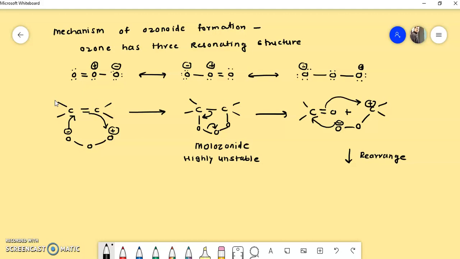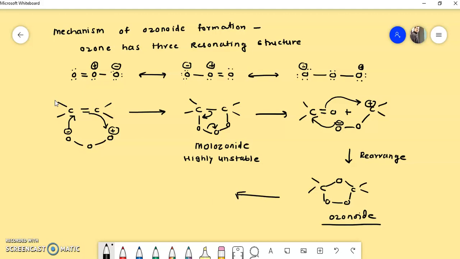So we'll get this ozonide. Now you know ozonide, we have written the structure of ozonide initially. So this oxygen, carbon, this is oxygen, this is oxygen, in this way. So this structure is known as ozonide, and we know this is the intermediate of this ozonolysis. And finally, this is the first step, up to this formation of ozonide.